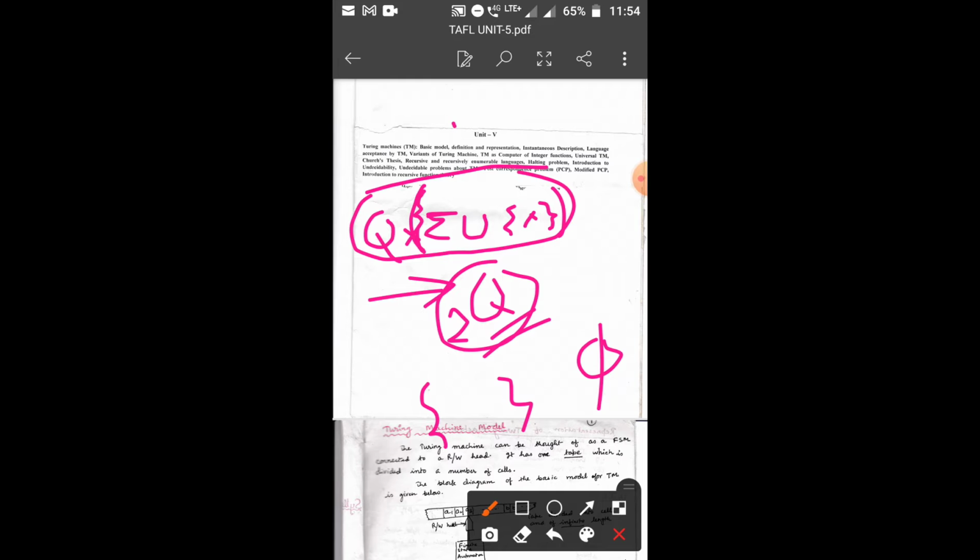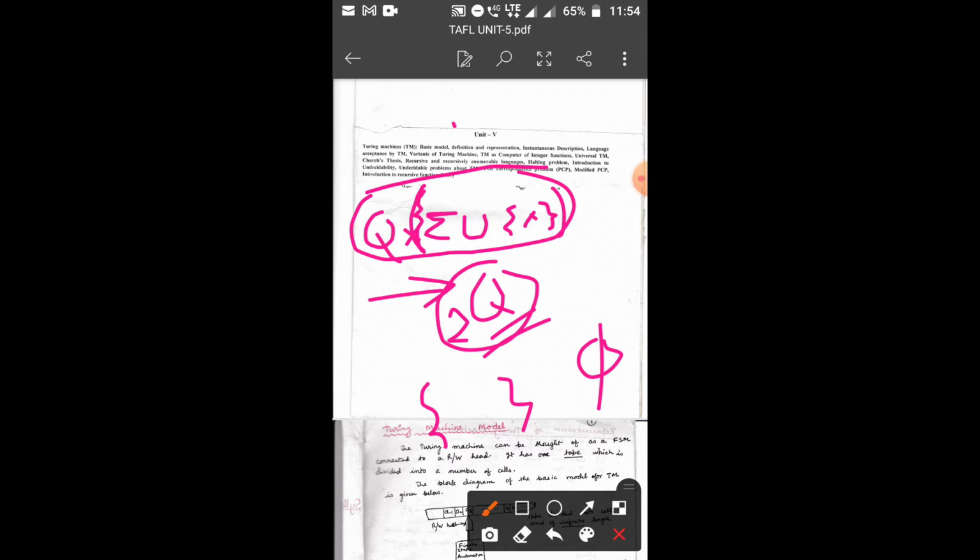So if the concept is clear that capital Q is a set and 2 to the power Q is the power set, and the power set's elements are also sets, known as subsets. And we know that a subset is constructed by taking no element, one element, two elements, and so on, up to all. So everything should be clear.